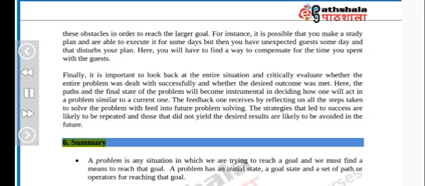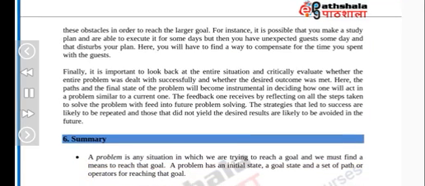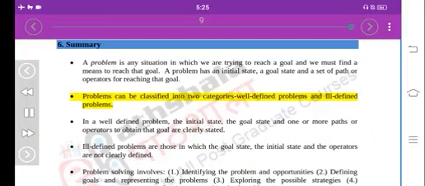Summary. A problem is any situation in which we are trying to reach a goal and we must find a means to reach that goal. A problem has an initial state, a goal state, and a set of paths or operators for reaching that goal. Problems can be classified into two categories: well-defined problems and ill-defined problems. In a well-defined problem, the initial state, the goal state, and one or more paths or operators to obtain that goal are clearly stated. Ill-defined problems are those in which the goal state, the initial state, and the operators are not clearly defined. Problem solving involves